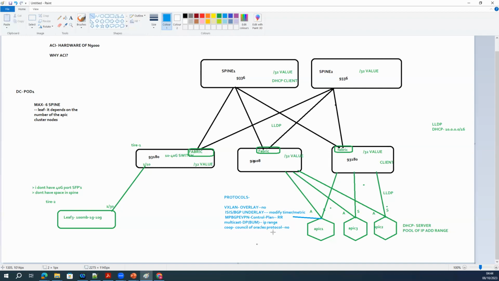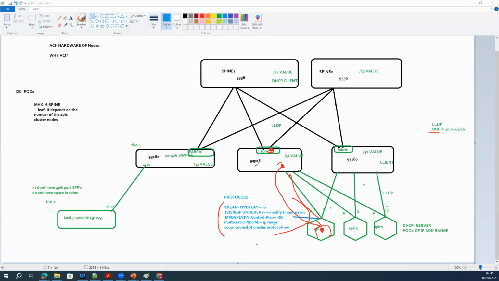You say this is at the ASIC level. The moment LLDP is sent here, and once the APIC says okay, I got one LLDP request and a request for DHCP, APIC will say okay, let me register this device to my table. Once the registration is done, APIC will try to assign this configuration on where? On fabric ports.